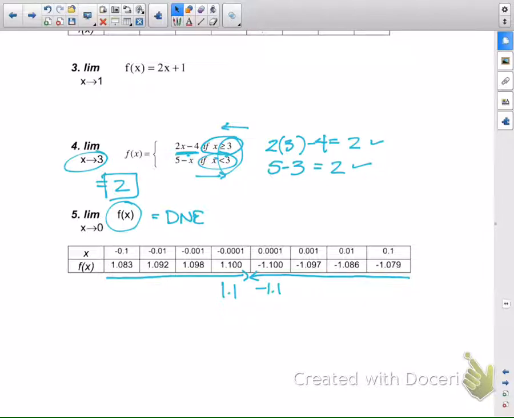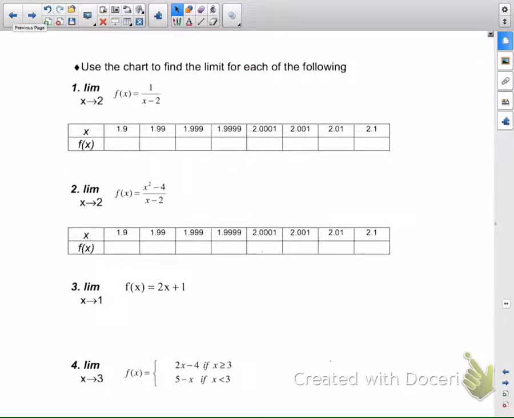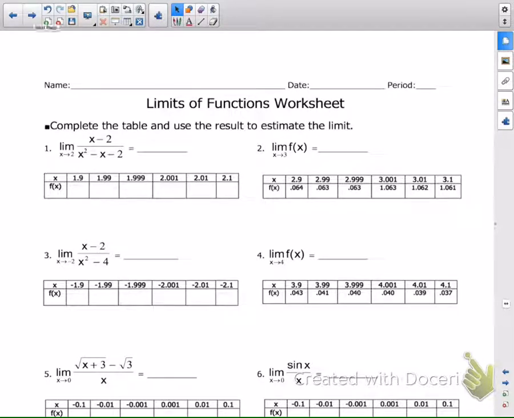Your homework for this, however, is the next page, front and back, wherever that happens to be in limits of functions. This one. Okay. Yep. Front and back on that. The back is just reading the graphs, so the front part is the work. Okay. So that will be your homework for